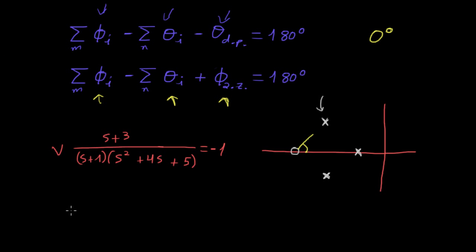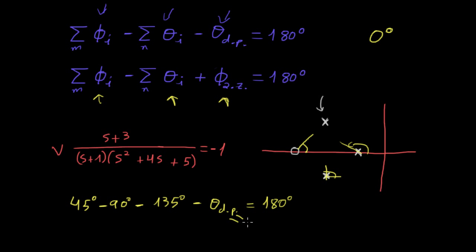This angle is 45 degrees, minus this angle here, which is 90 degrees, minus this angle here, which is 135 degrees, minus the angle of departure from the pole, is equal to 180 degrees, which means that this is equal to 0. So the root locus leaves this pole like this,